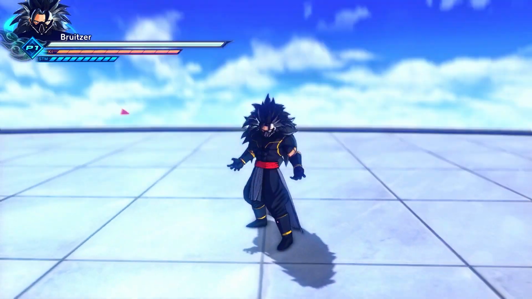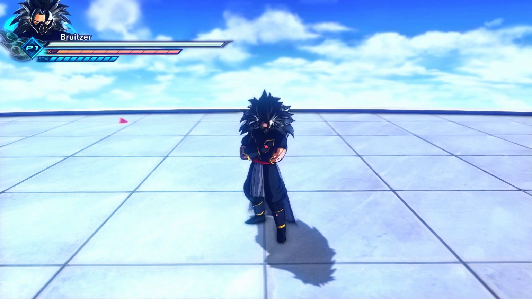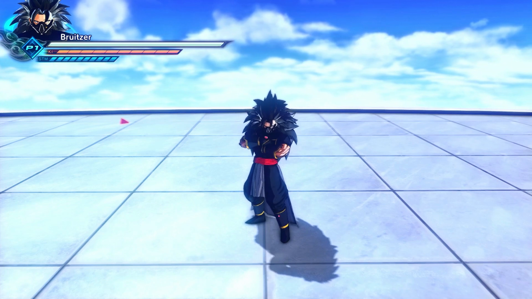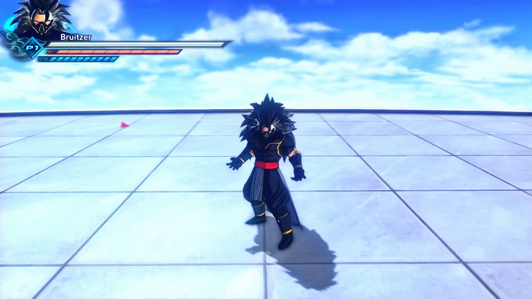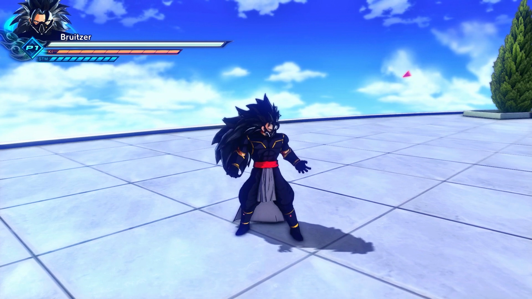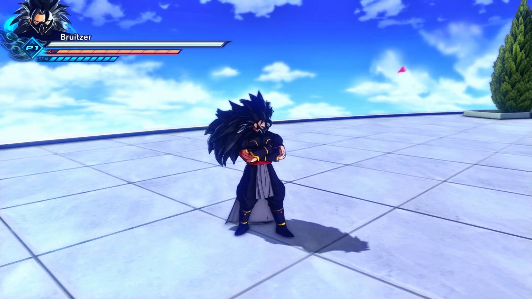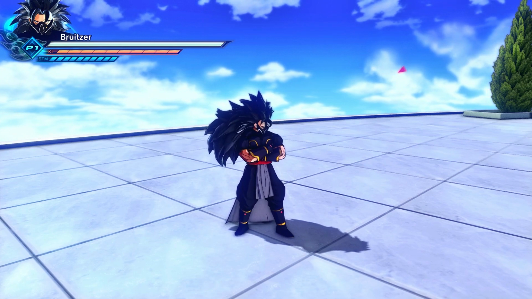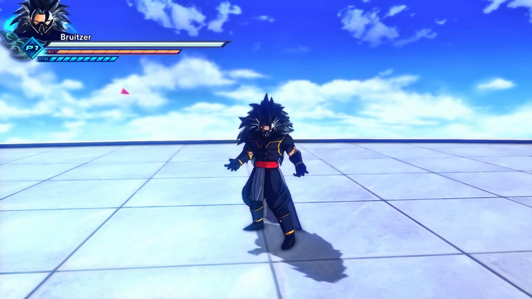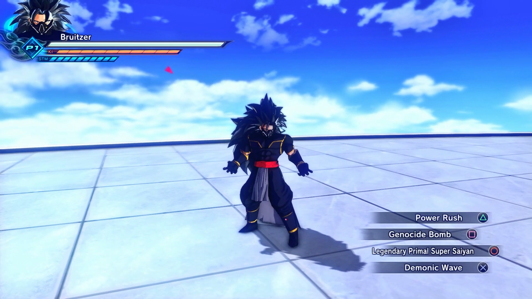Alright, so with this Awoken skill that I've chosen from the same mod pack as the Super Saiyan God, or Super Saiyan 4 God, or for short, Primal Super Saiyan God, only 2 work, as far as my knowledge goes. I don't know why only 2 work. One is an Ascended God, basically like your Super Saiyan Blue. One is like a white color, like an Ultra Instinct. I don't know why, but it doesn't seem to work. The only 2 that work are the Primal Super Saiyan God, and this one,